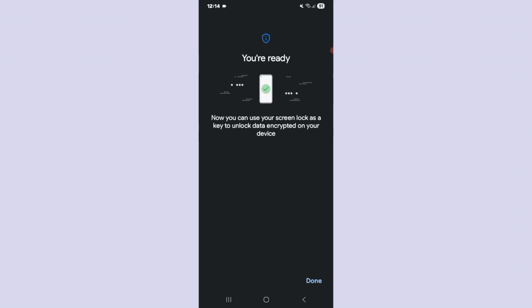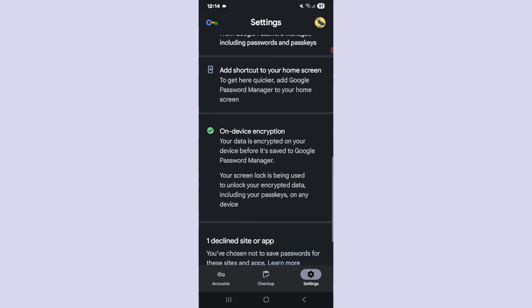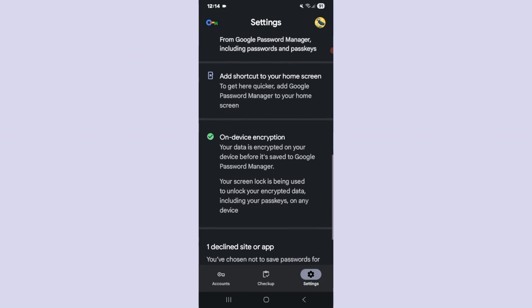You notice that I have successfully fixed it. You are ready, and now you can use your screen lock as a key to unlock data encrypted on your device. So I just tap on done, and here you notice that the on-device encryption alert is successfully fixed. So in this way you can easily fix the on-device encryption alert on a Google account by using